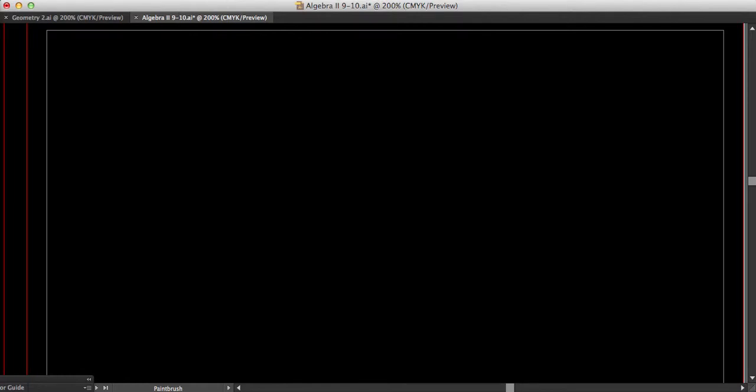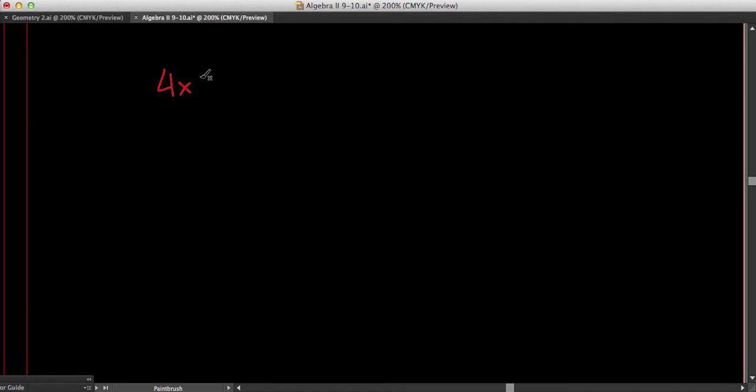So the last way that we're going to talk about solving these systems of equations, after graphing and elimination, is through substitution. And you may use a bit of substitution at the end, after using elimination, to plug things back in. But let's look at a pretty basic problem to get a feel for it. So if we're given a system of equations that looks like this, 4x plus 2y equals 7,